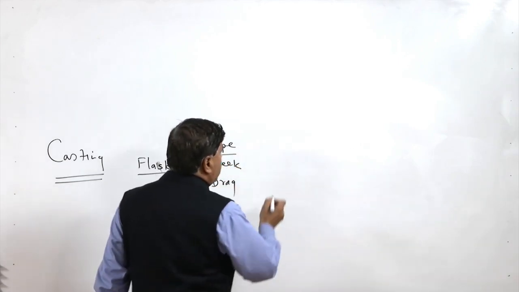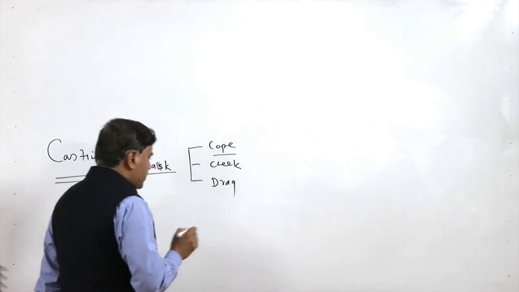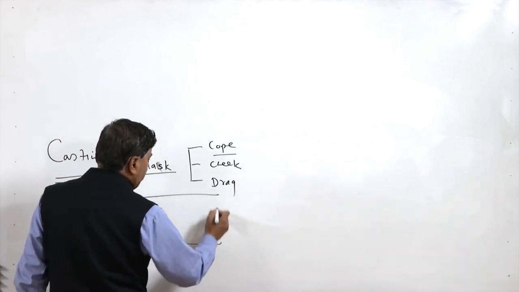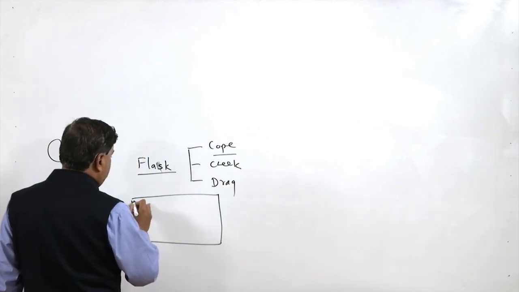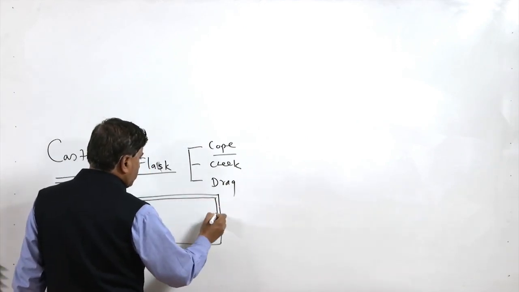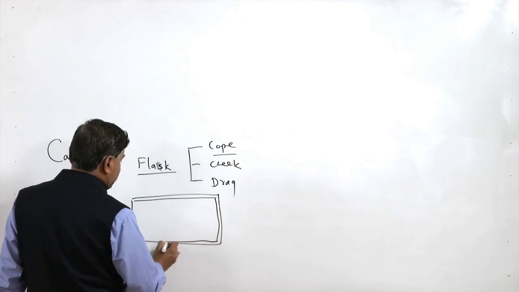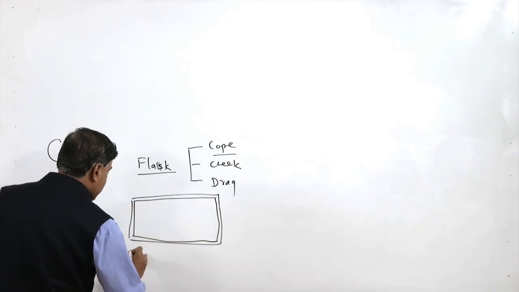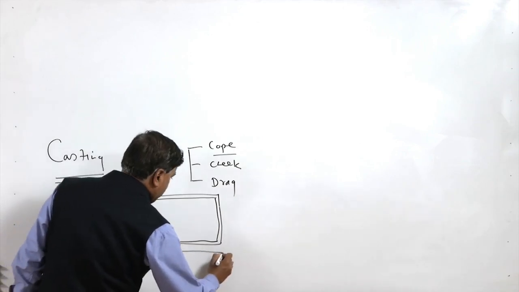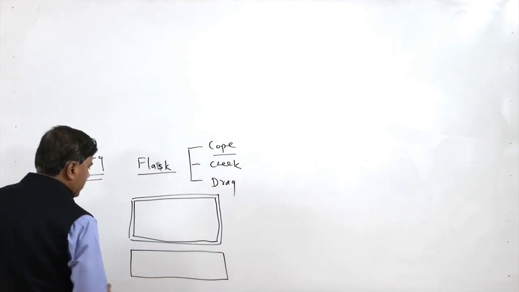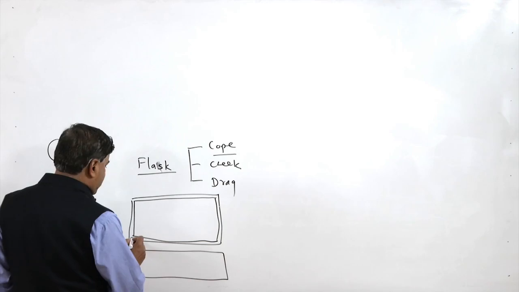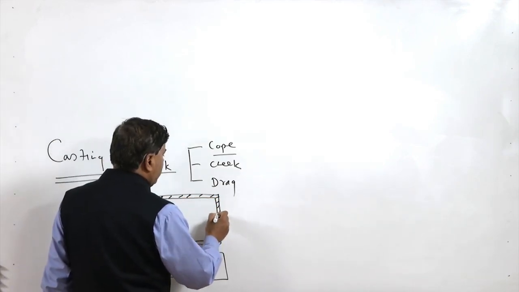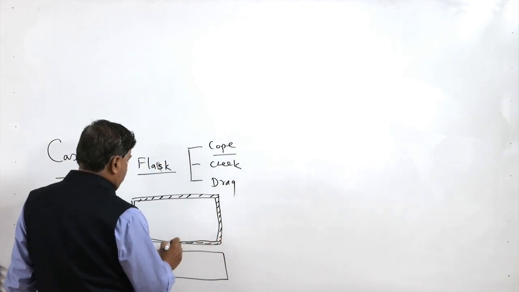These flasks are nothing but rectangular shaped thin walled boxes which are open from both sides. In the top view it will look like this and in the front view it will look like this. The flasks are thin walled steel flasks,